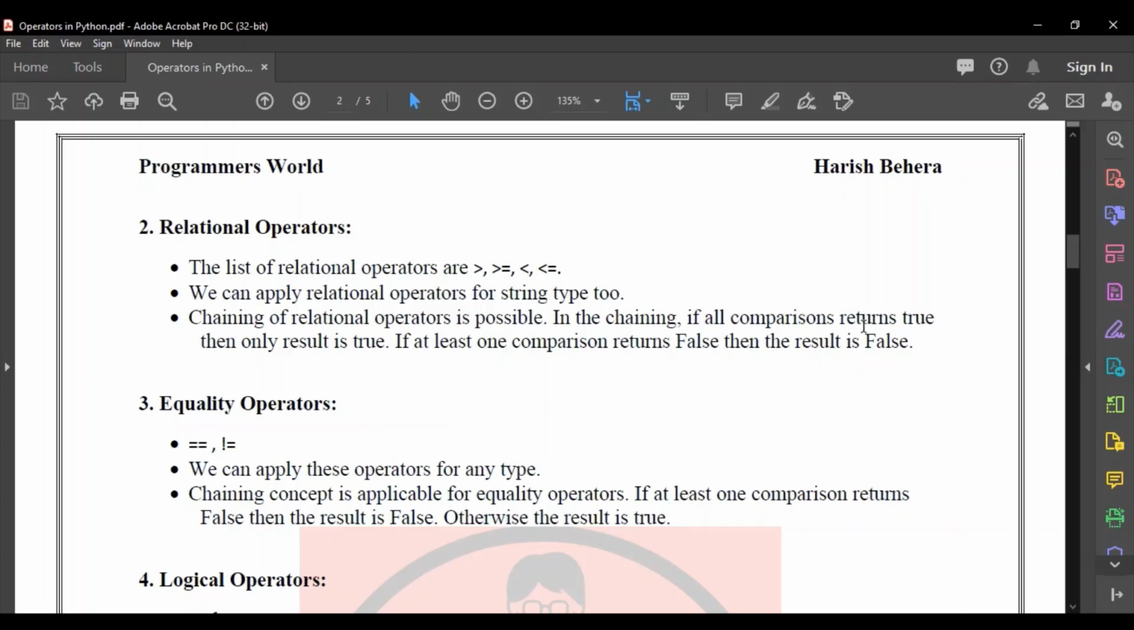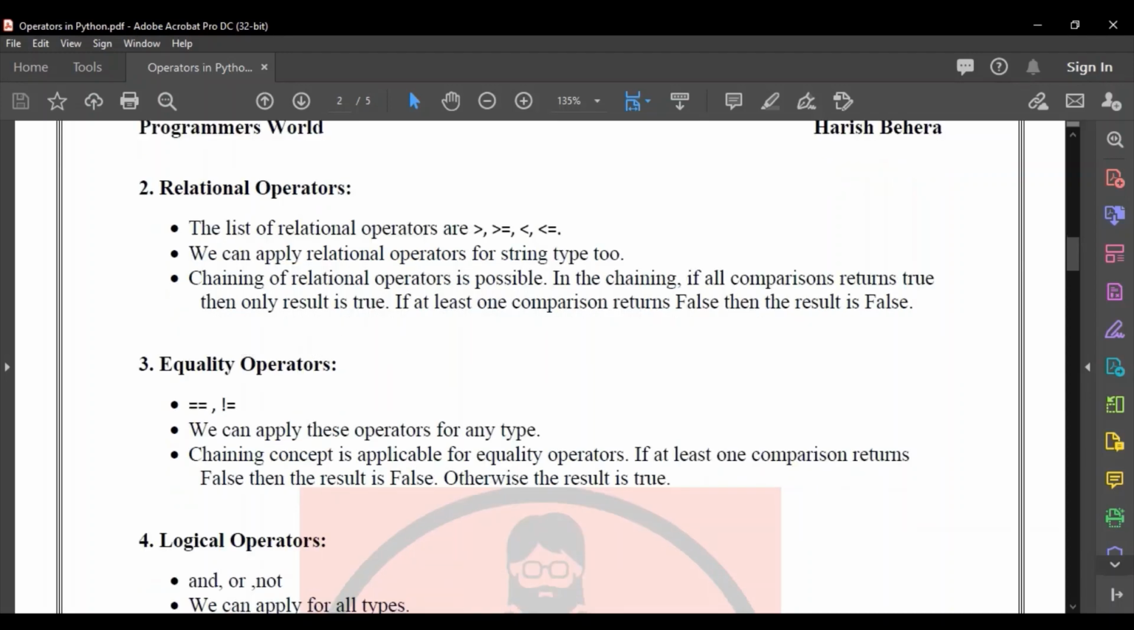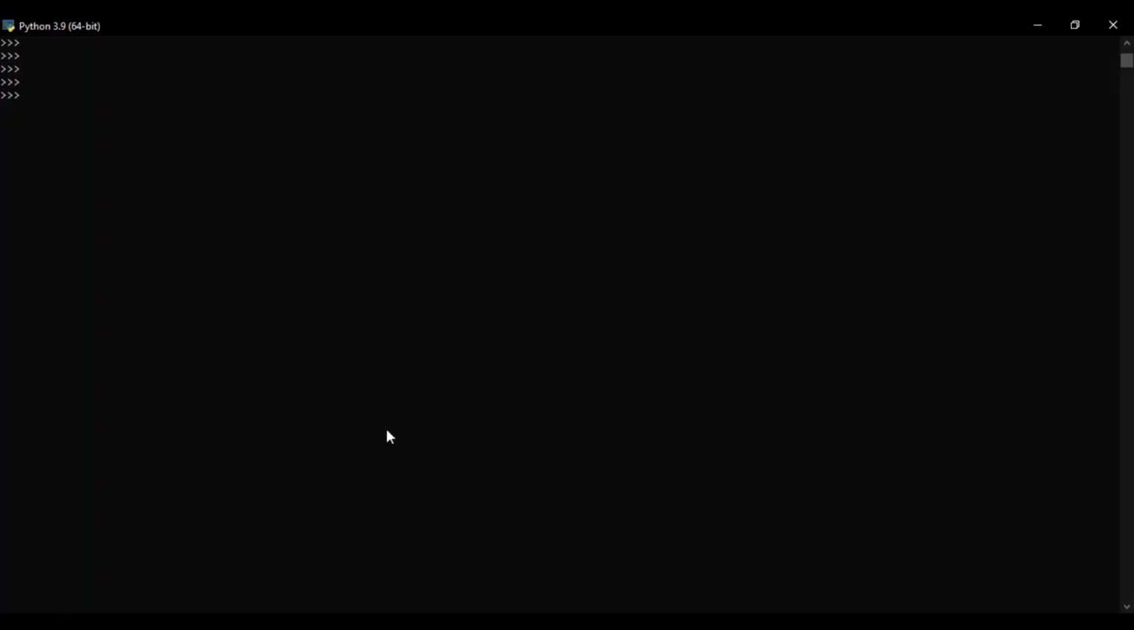In chaining, if all comparisons return true, then only the result is true. If at least one comparison results in false, then the result is false. I would explain how this chaining works. So what I would do is 10 less than 20, less than 30, less than 40. This would result in true. But if I give 30 greater than 40,